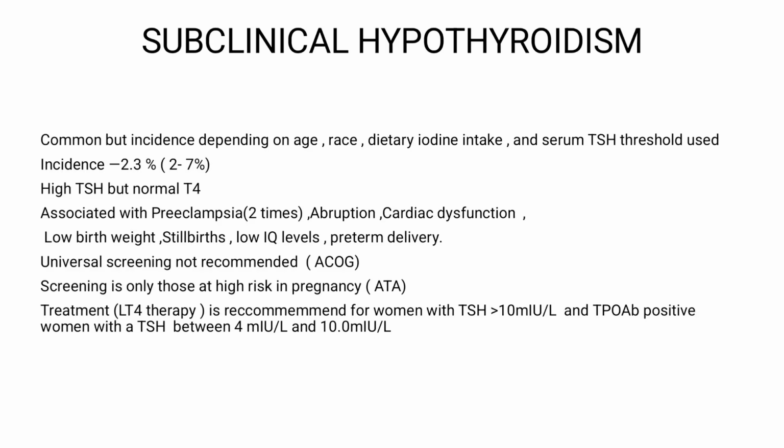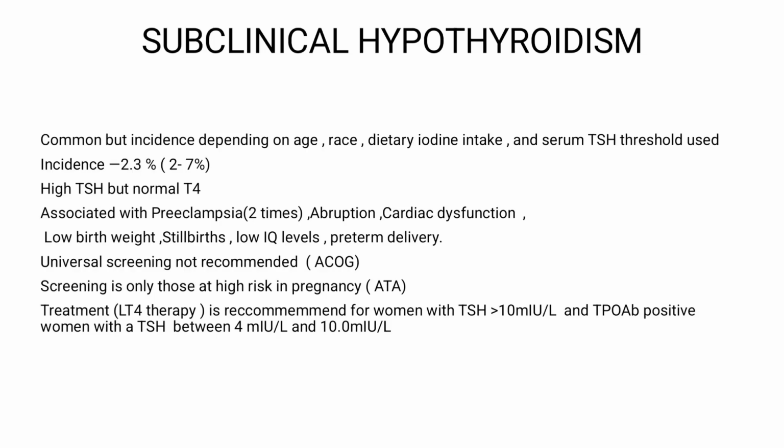Now what is subclinical hypothyroidism? This is common, but the incidence depends on the race, age, dietary iodine intake, and serum thyroid hormone threshold value. Incidence is around 2.3%. What we have previously seen is that the total cases of hypothyroidism in India in pregnancy is around 12%, where 3% of cases are overt hypothyroidism, while the rest, 9%, come under subclinical